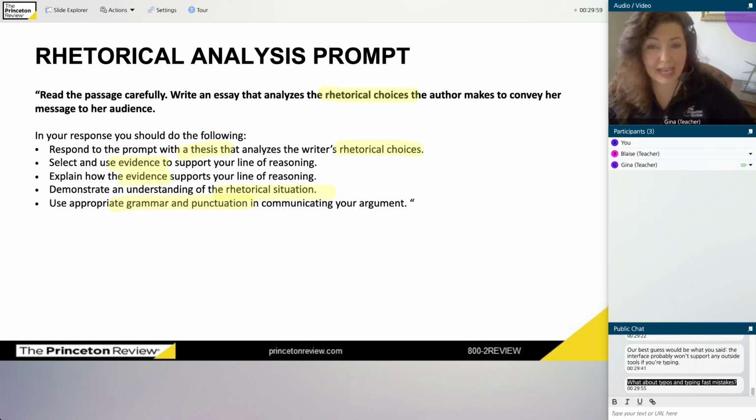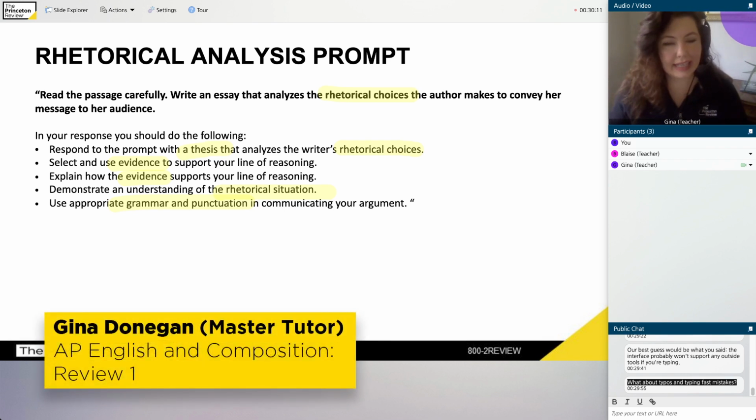Yeah, unfortunately, if you have a lot of typos, that will count against you because one of the things the grader is grading you on is your use of basic English mechanics, things like grammar and spelling. But like I said before, if you have one or two, it's not like the grader's going through there with a magnifying glass looking for all your mistakes. It's just that if there are many mistakes, they start to become distracting. And sometimes a lot of mistakes can even interfere with the grader's ability to understand what you're saying. So just try to be careful of it. But it's not like one or two mistakes is going to kill your score. Not at all. It's just that there can't be lots of them. It's something you have to watch out for.